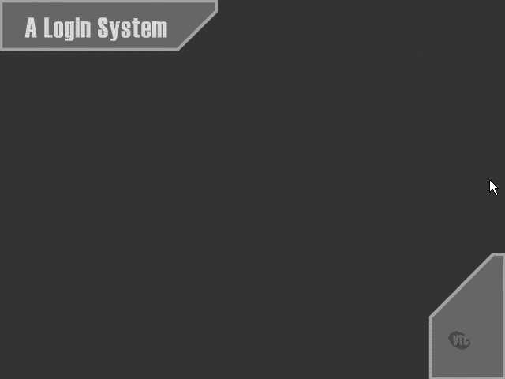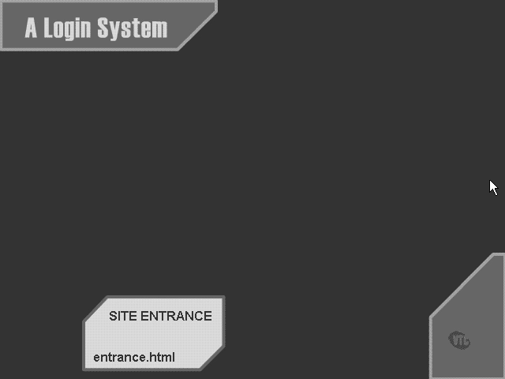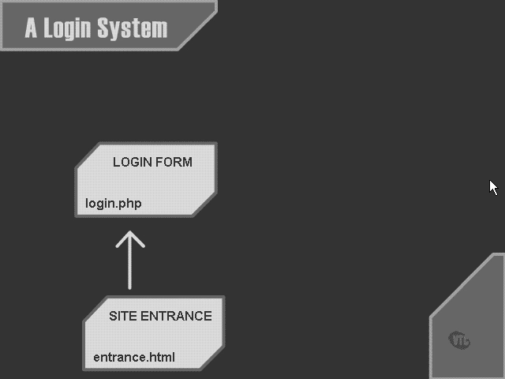Let's take a quick look at the structure that we're going to use for our login system. As a user first enters the site, they're going to come to a page which doesn't need any PHP on it. It's just going to be a simple static HTML page with a couple of links. The first of which will take the user to a login form where, if they're an existing user, they can enter their details, and provided these details are validated, they will be able to move on to the main page